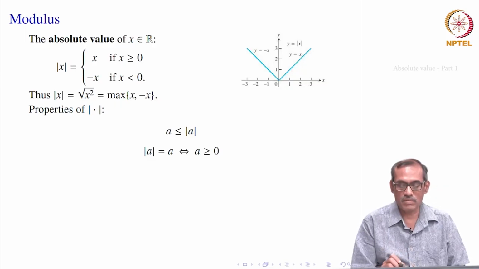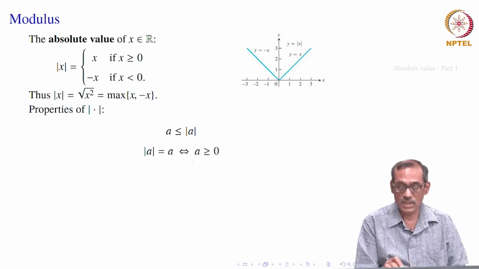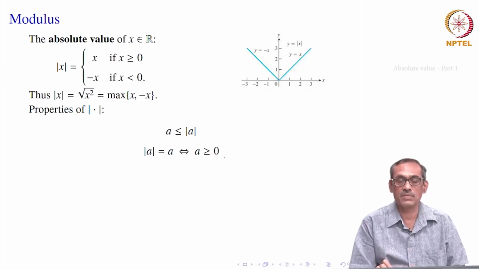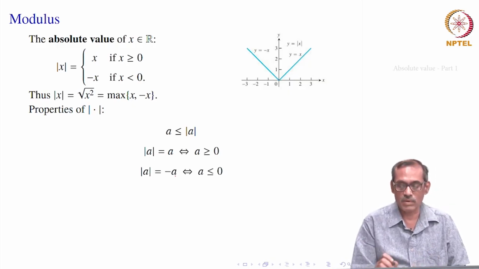Next we have mod a equal to a if and only if a is greater than or equal to 0. How does it come through? See, mod a can be either equal to a or equal to minus a. It is a when a is greater than or equal to 0, and when it is minus a, then a must be less than 0. That is what it says. So, on the other side we say mod a equal to a if and only if a is greater than or equal to 0. Similarly, if it is less than 0, you get mod a equal to minus a whenever a is less than 0. But another point included here is a equal to 0.